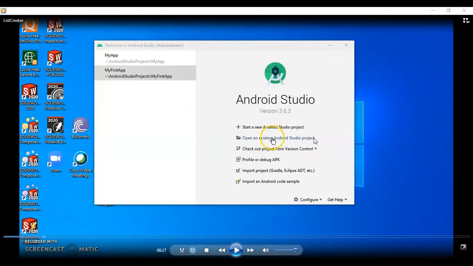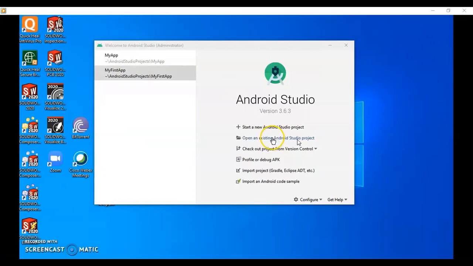If there is an already created project, just like these two applications here, my app and my first app, you can select this second option. Or if some Android Studio project has been stored at a different location, or you have copied one project into your environment and want to load it, you can select this second option.